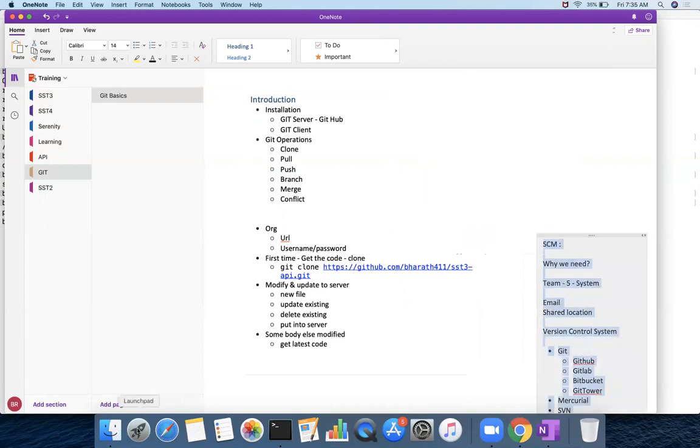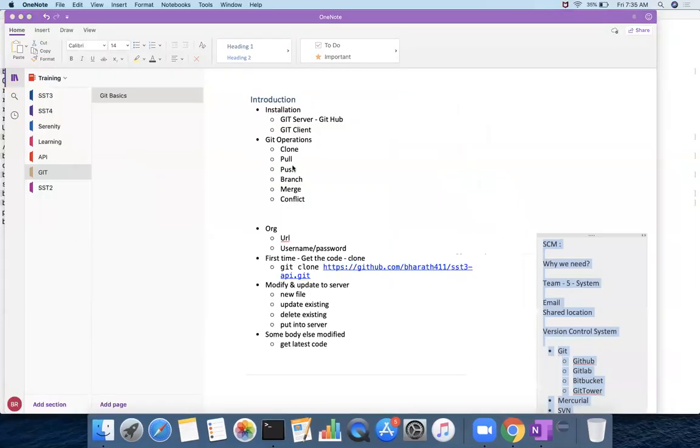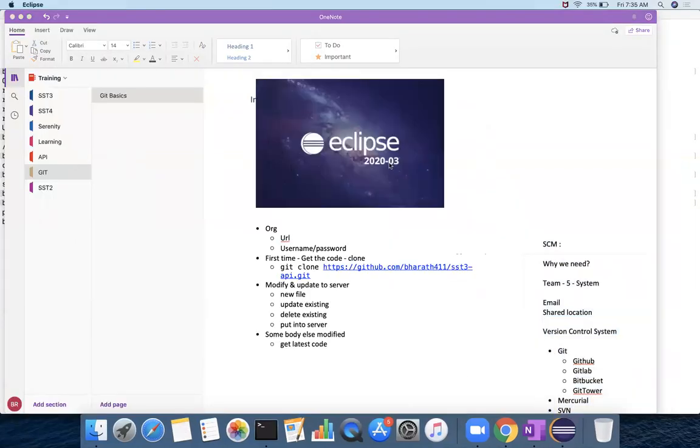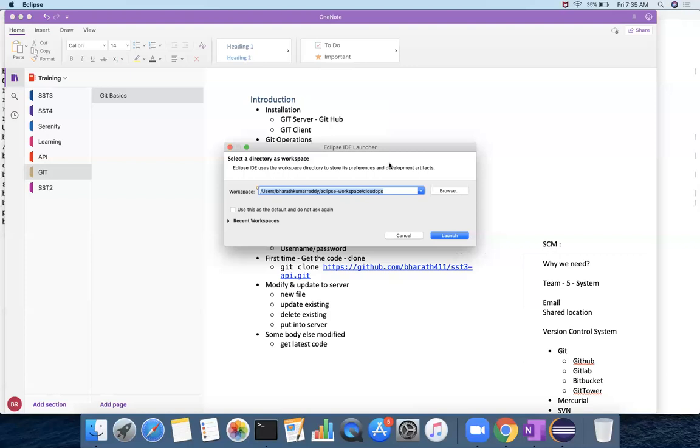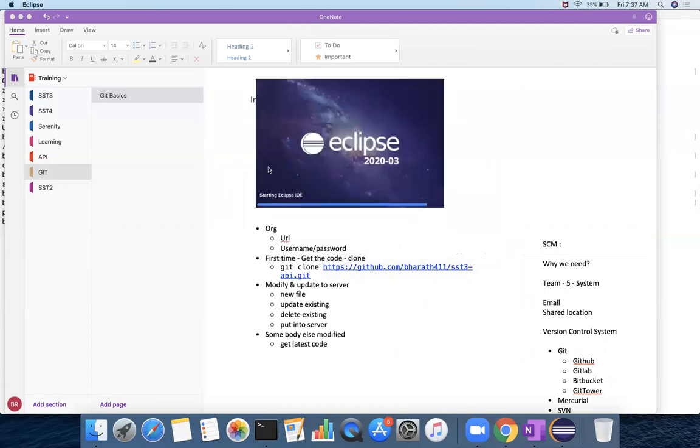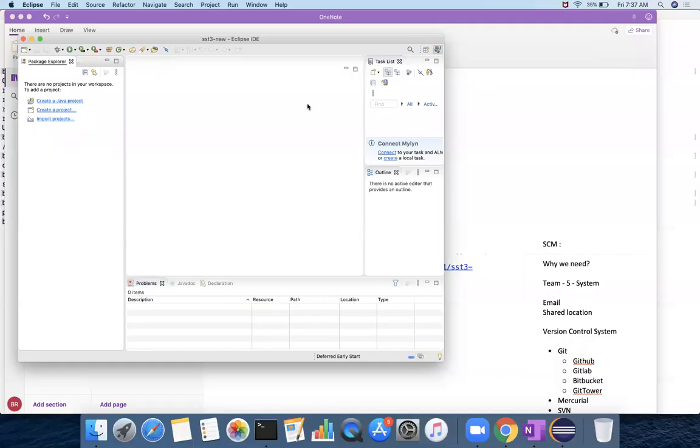Generally what we do in Eclipse is import, right? So you can do that. Import the existing projects. How do you do that? I'm creating a new workspace. So you have to import here, not create the project.